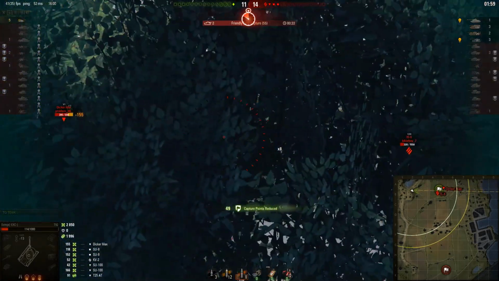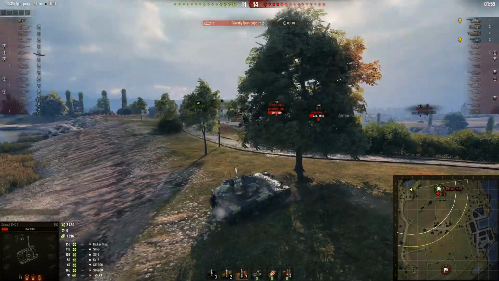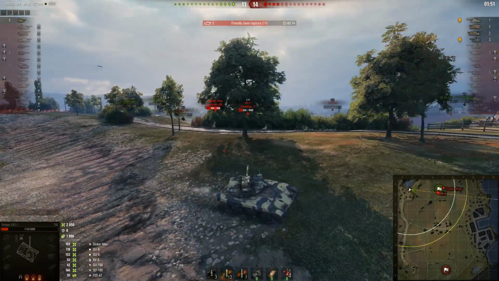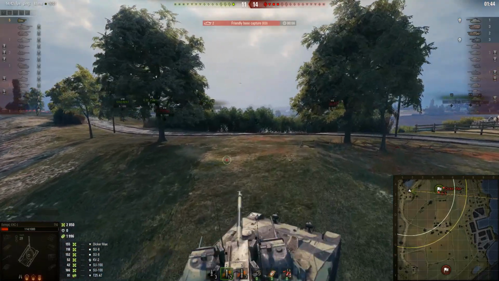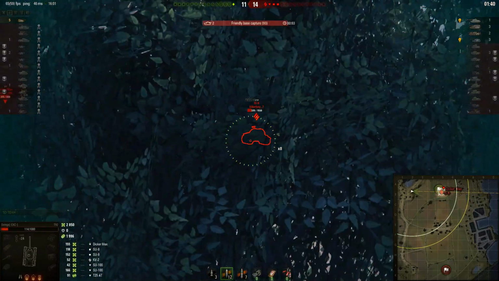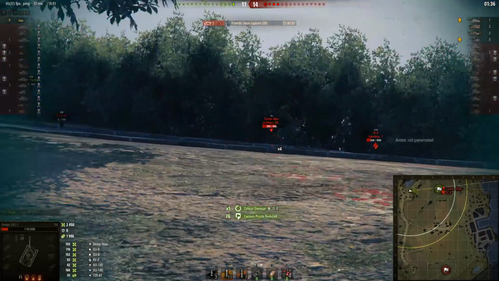I decided to shoot a Dicker Max first, since I was pretty sure he was the first one in the cap, and I was able to do more damage with a high explosive round into the Dicker Max side instead of the IS-6. So I got spotted there. I went back, got unspotted. I'm going in a bush again here, and this time I'm gonna shoot the IS-6, because the IS-6 has the most